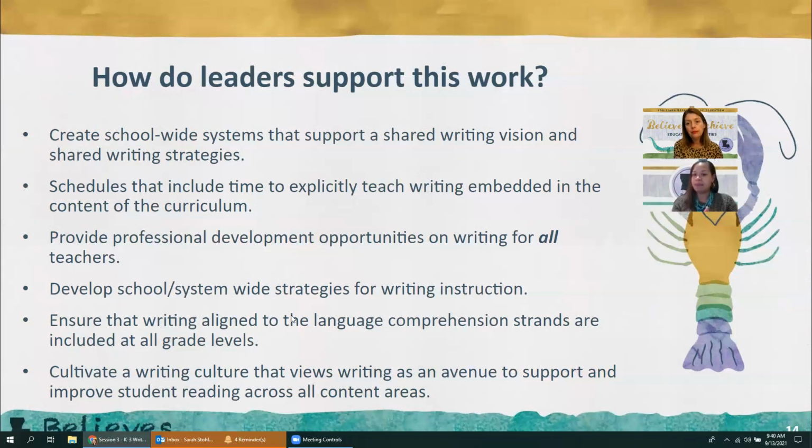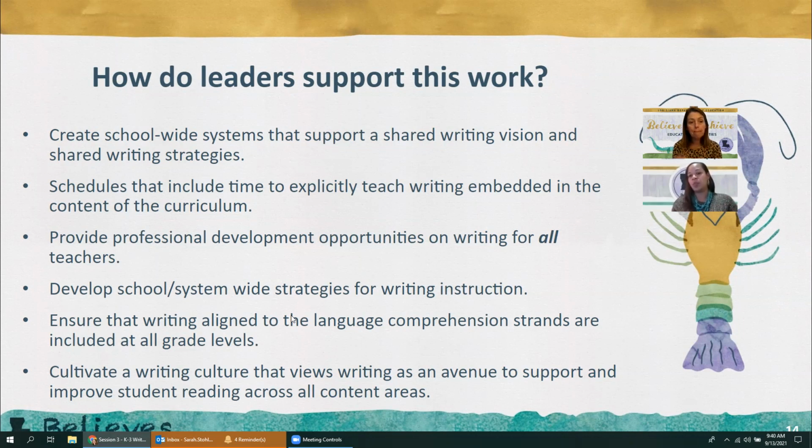They may not be writing it on paper in kindergarten and doing a research simulation task, but there are many opportunities for them to do research simulation orally, even beginning as early as kindergarten and pre-K. So it's really important that you ensure that writing aligned to the language comprehension strands is included at all grade levels.